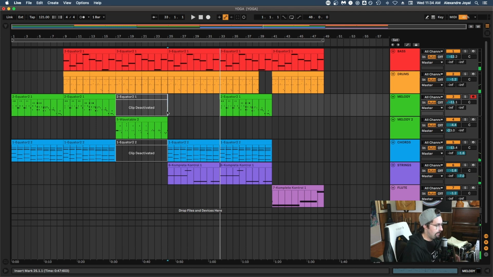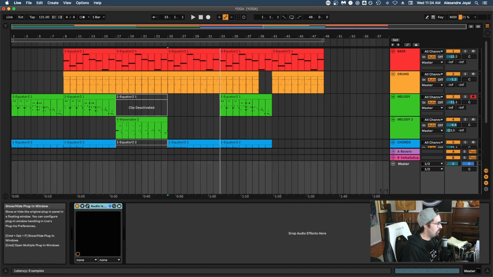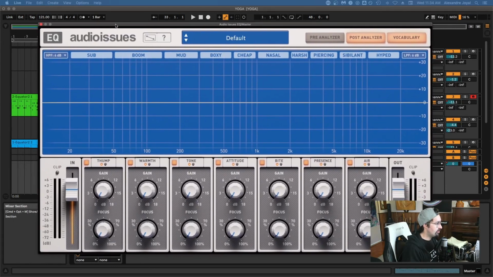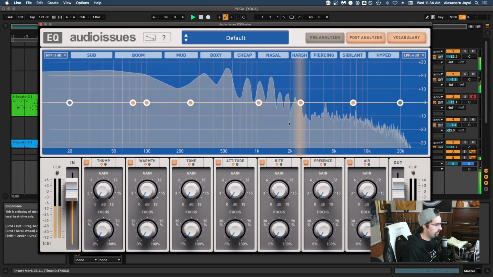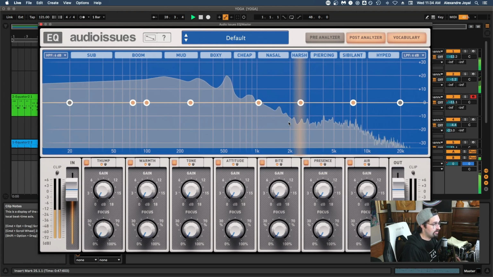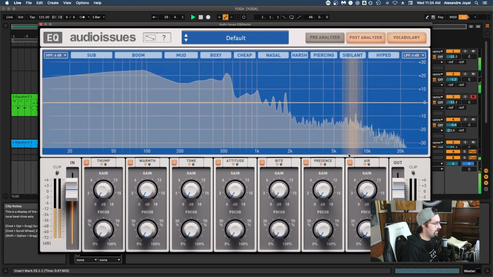So something like that. And what I've done is I've thrown an Audio Issues EQ onto our master bus so that all of our tracks are going through this EQ. If I play it, you'll see all of our tracks are going through here. And what I'm going to do is isolate the specific frequency range that we are talking about at any given point in time as we move through this,